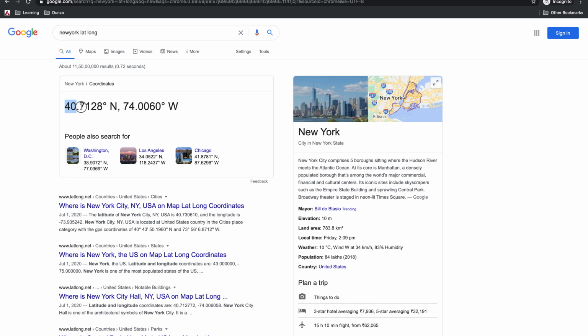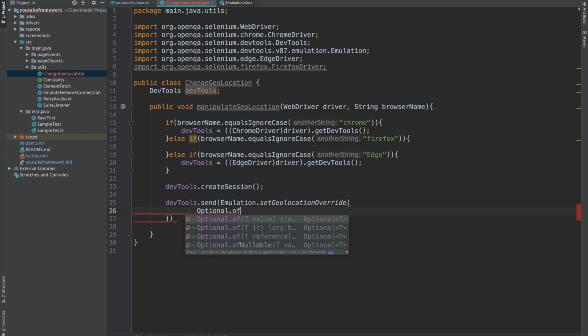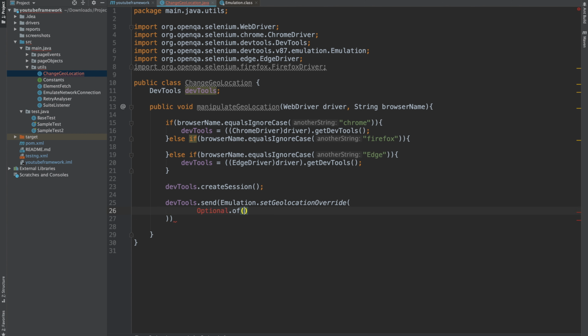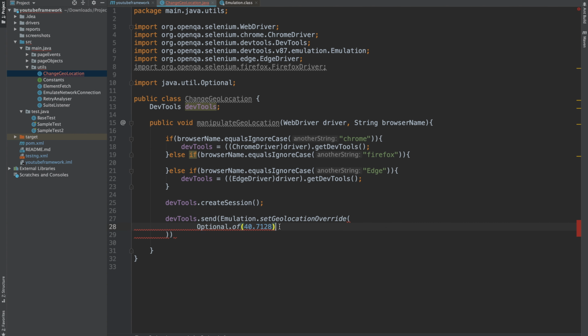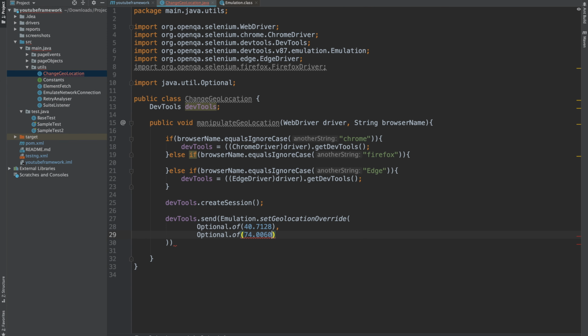So I'm copying the value from here, and here we need to send the value using Optional.of. Inside this we will be putting the value. We need to import this, and now with a comma we will be putting the another value for the longitude, which will be negative of this, and then we need to send the accuracy as well, which will be 100.